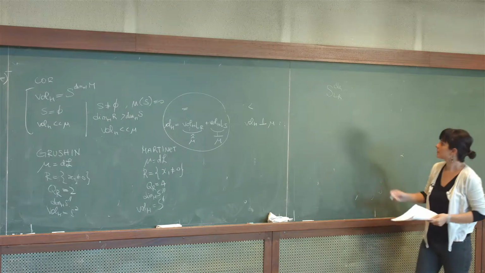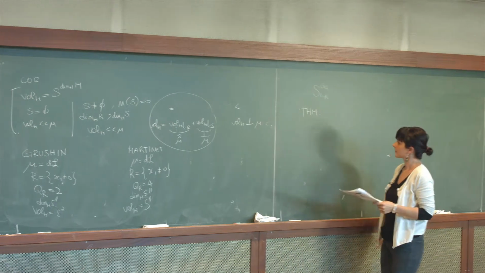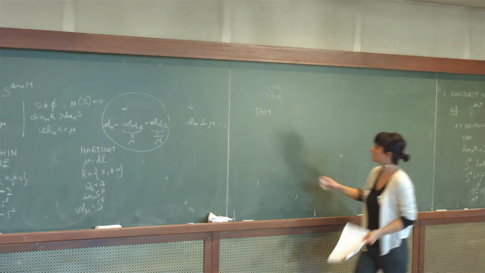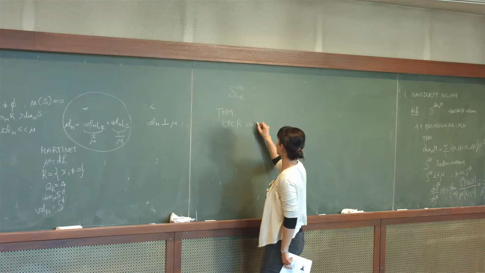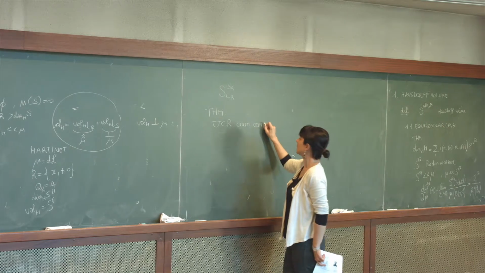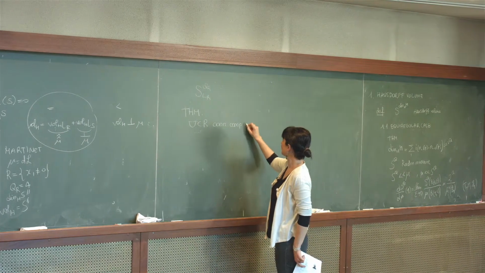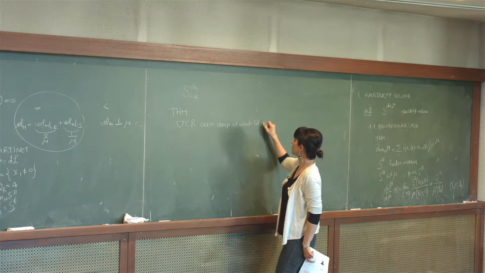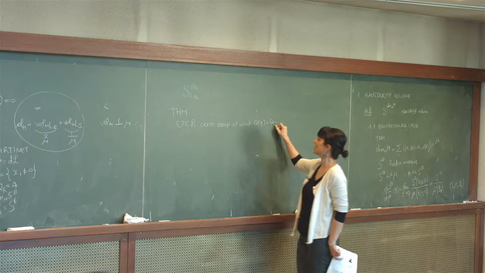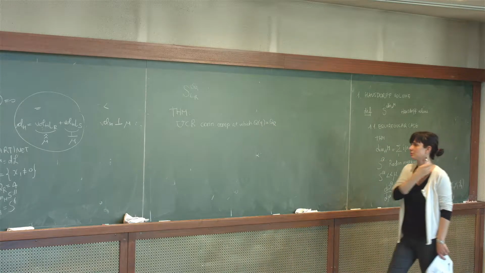So the main result is the following: if I take a connected component U of the regular set at which Q of Q is equal to Q_R, so having maximal Hausdorff dimension,